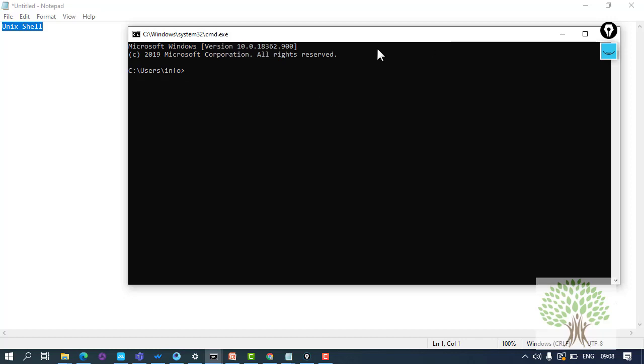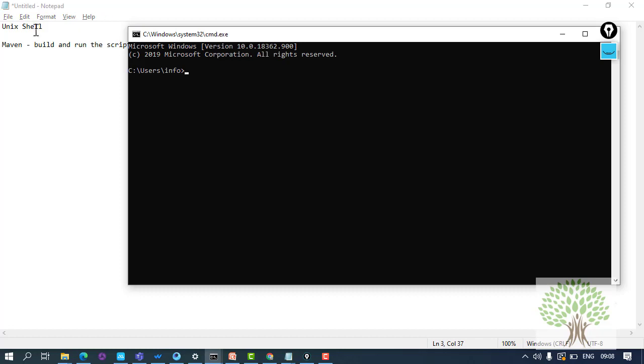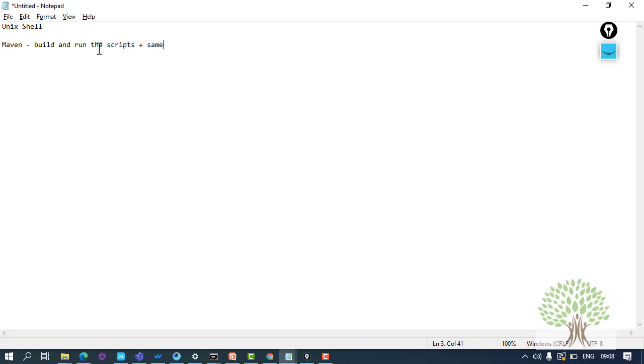In this case, Maven helps you. Maven can help you build and run the scripts on the command prompt. Plus, it can make sure that all the team members have the same versions of the dependencies in their machines or in their projects.